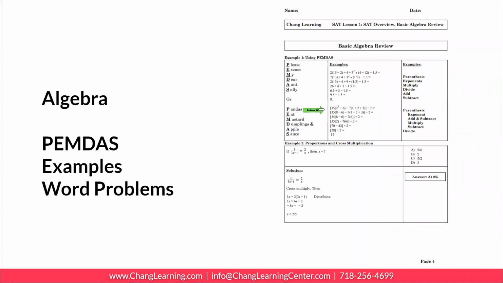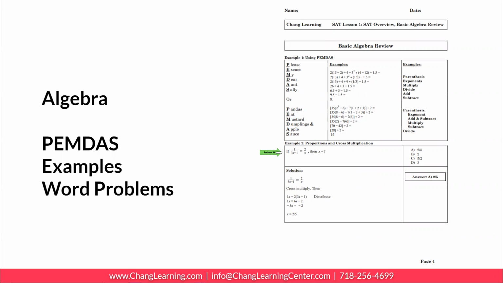For the second problem, it's double parentheses, but you follow the same steps, doing the inner parentheses first. If you follow the procedure of PEMDAS, the final simplified result is 14 for this expression. In example 2,